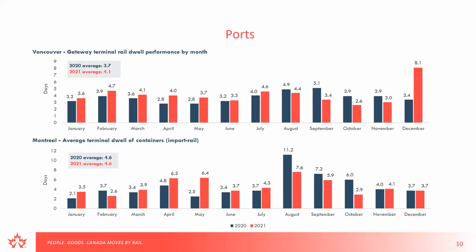Just a question. The first couple of slides for the Class 1 railways show some of their financial metrics and operating ratios. Is that specific to just the Canadian side of those operations, or is that the entire networks of CN and CP? I know that when they report their financials, it's across the network. So I'm just wondering if that's Canada-specific.